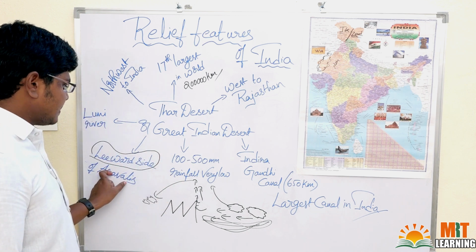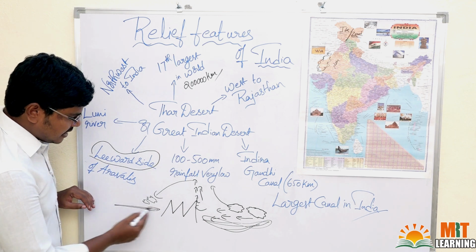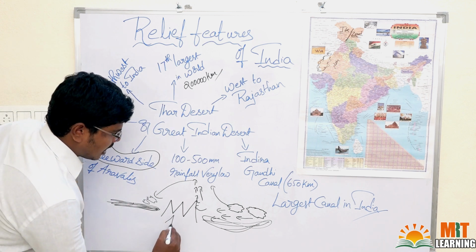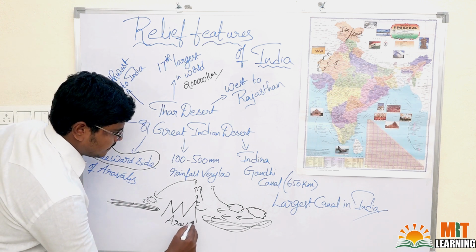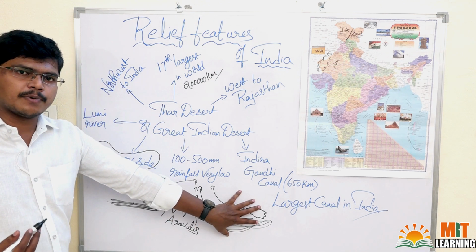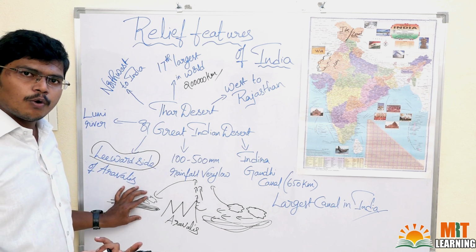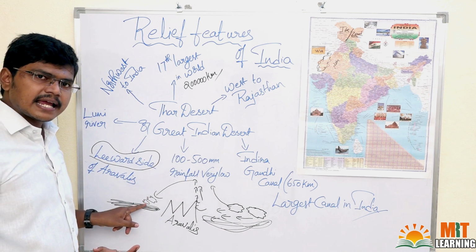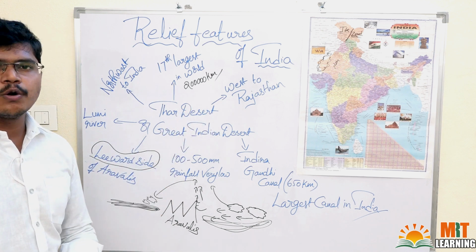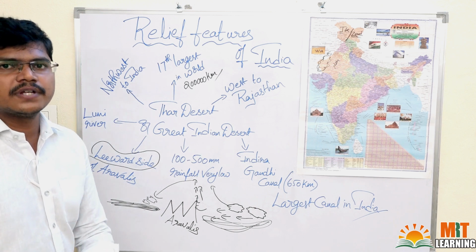Like that, Rajasthan is also located on the leeward side of the Aravallis. If you take, these are the Aravallis. The maximum rainfall is occurring on this side, so on this side we can see very low rainfall. This is the leeward side of the Aravallis. So Rajasthan has very low rainfall. Because of these mountains also, we can say, is one of the reasons.